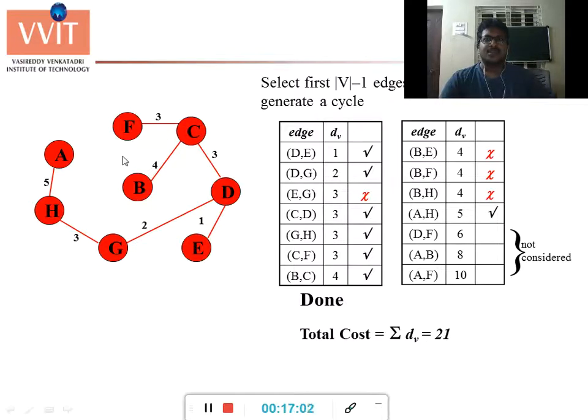Similarly, one more real-time example: suppose we take these vertices as the node points in a network. That means this is a router, this is another router, and so on. So these are all the routers in a given network. Now you need to lay the wiring for these routers from one node, that means one vertex or one house, to another house. That means it has to connect all the houses with the minimum cost. Then we will use this algorithm, Kruskal's algorithm.